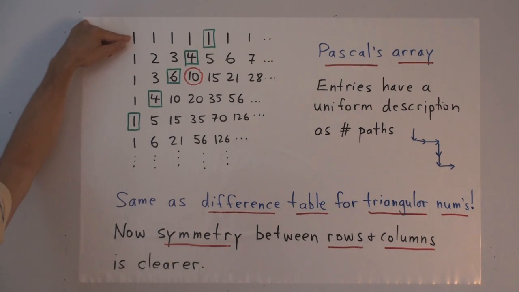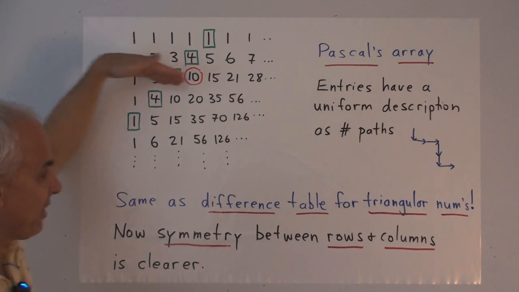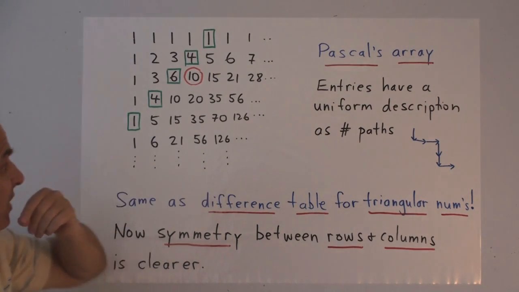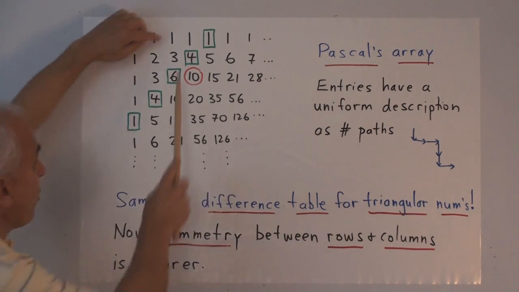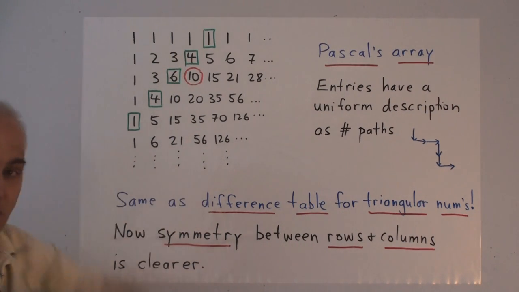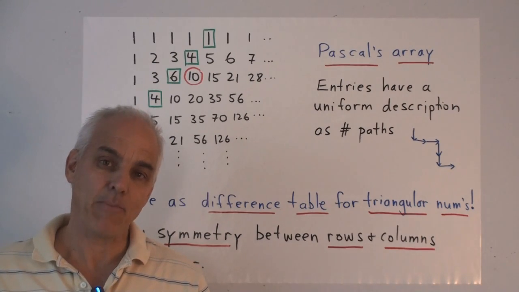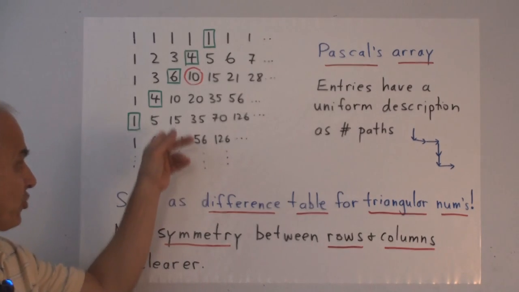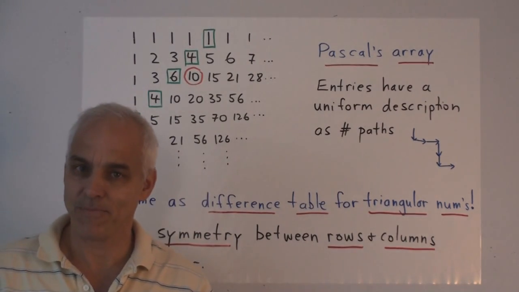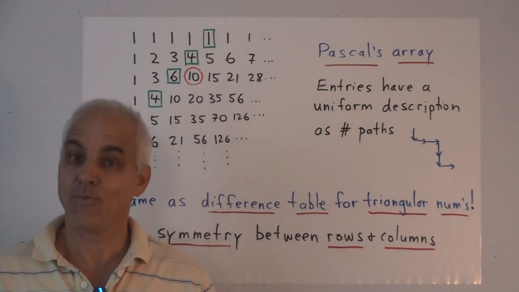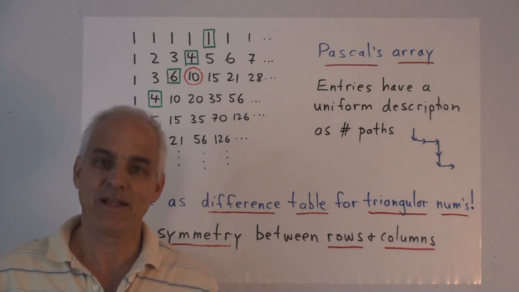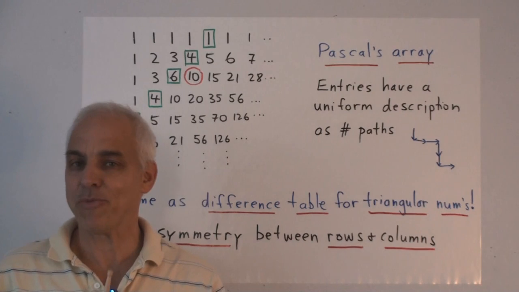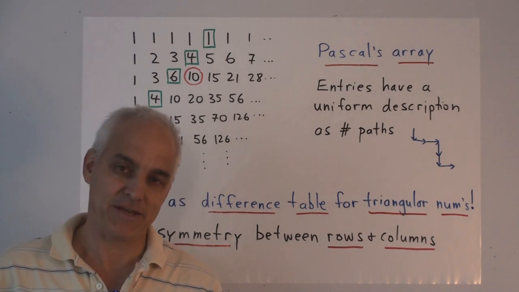Our previous analysis did not reveal that, in fact, the triangular numbers were not just appearing here, but were also appearing down this column. Next time, we're going to look at the actual nature of the entries of this important table. These are numbers which actually have formulas associated to them, which is one of the points of algebra. These formulas are called binomial coefficients, and they're quite interesting numbers.